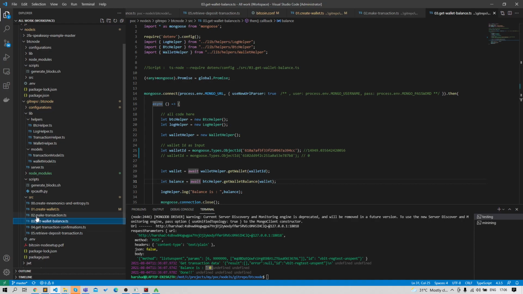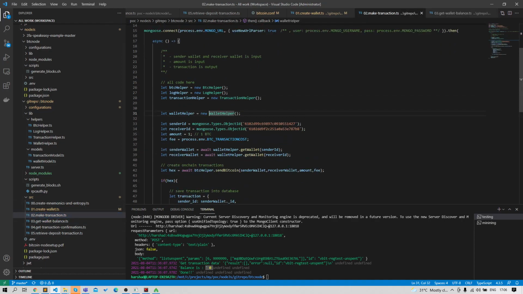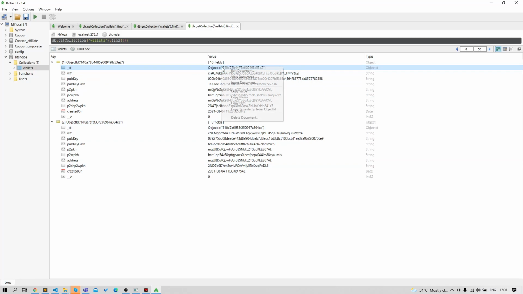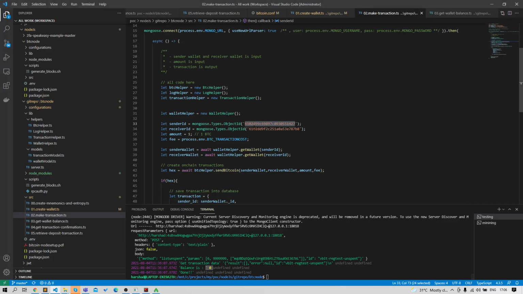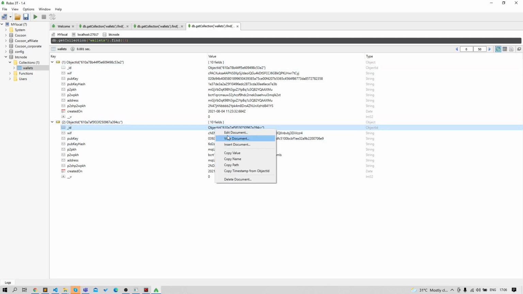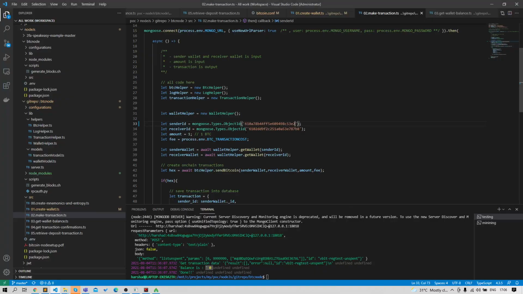So now we will open this create transaction script, and this script has two inputs, sender ID and receiver ID. In sender ID we give the address of the sender wallet. Our first wallet has the funds, so we use that address as the sender address, and the second wallet doesn't contain any funds, so we use the second wallet as the receiving wallet.